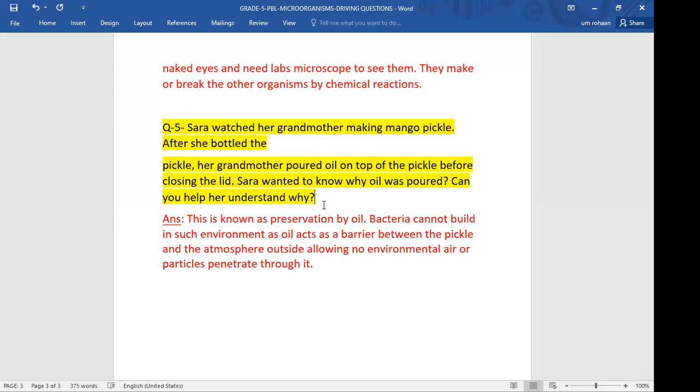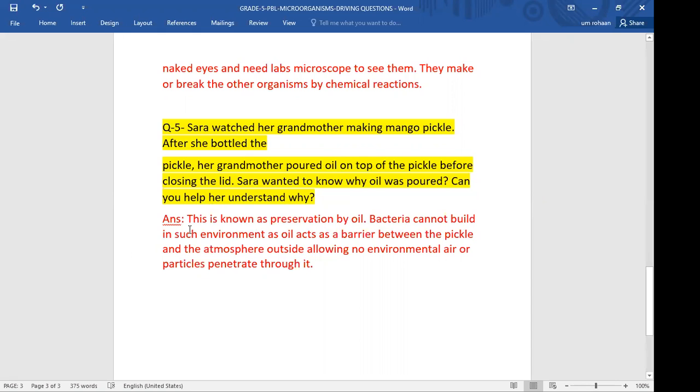This is also a form of preservation, but it is in vinegar. If you use vinegar, it is called sirka in Urdu. The taste is sour and it is usually used with shawarma or chicken tikka. You will get cauliflower, carrot, and cucumber pieces along with them to eat. They usually don't spoil. If you leave them unattended, maybe they will spoil also. But the age of those preserved pickles is just because of vinegar or oil. Okay, this is known as preservation by oil.